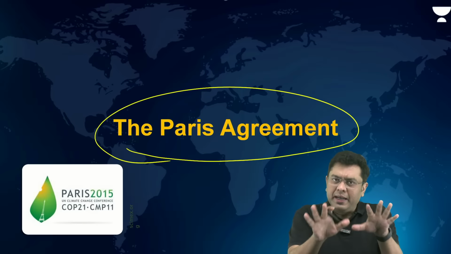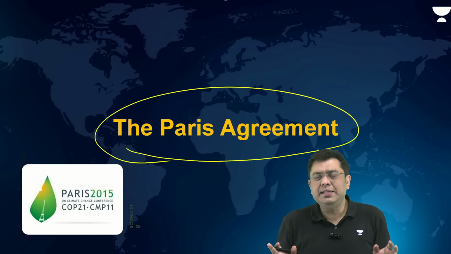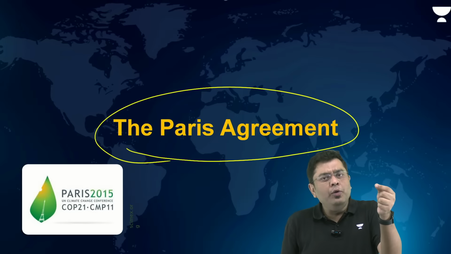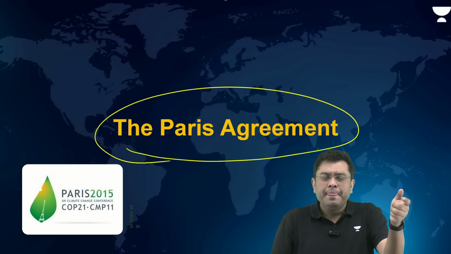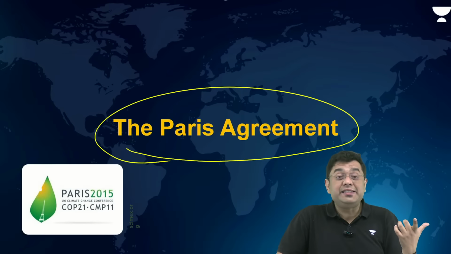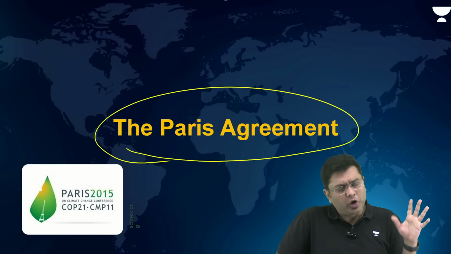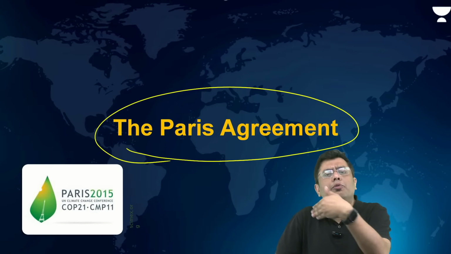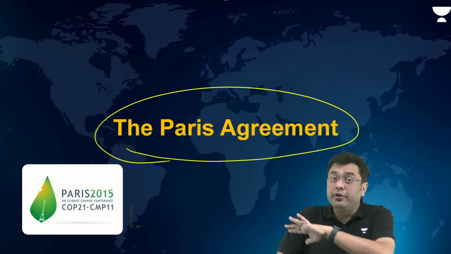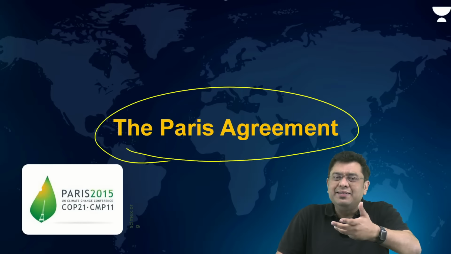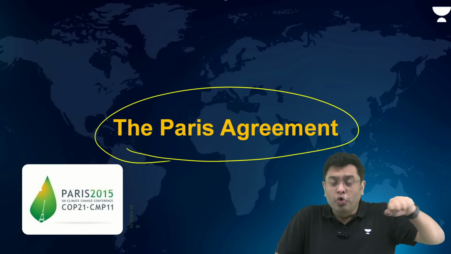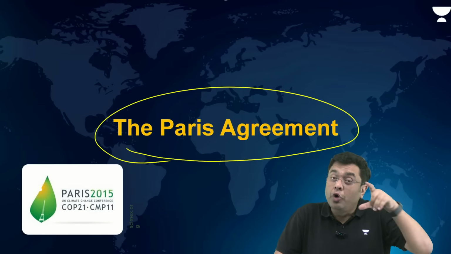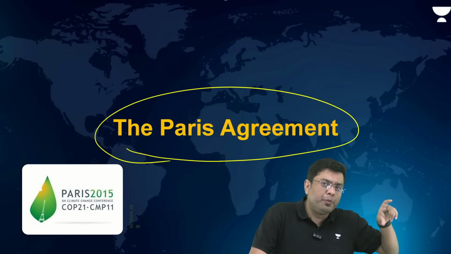For example, putting it in a very simple analogy, let's suppose I give all of you the target that in 1 week you have to finish geography. Now, some of you might say that this is a very steep target. It was never to be achieved. Geography will take at least 1 month. Few of you will say, okay, I have achieved that. Few of you again will struggle and so on. Now, in that case, I might not hold you guilty because it might be very difficult for you to achieve. So that was the condition of the Kyoto Protocol.